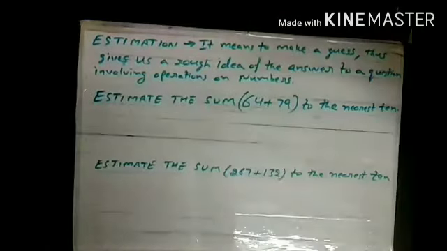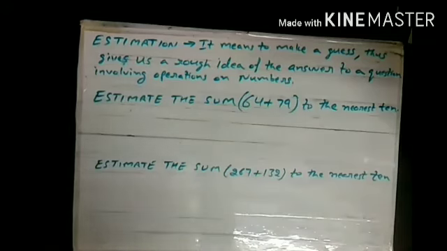Now we start our topic, the estimation. Now what is estimation? Estimation, by name, means a guess. When we make a guess, when we estimate something, then it is called estimation. When we are not sure what exactly the answer would be, then we take its estimation, we make some guess, and this guess is in general called estimation in mathematics.